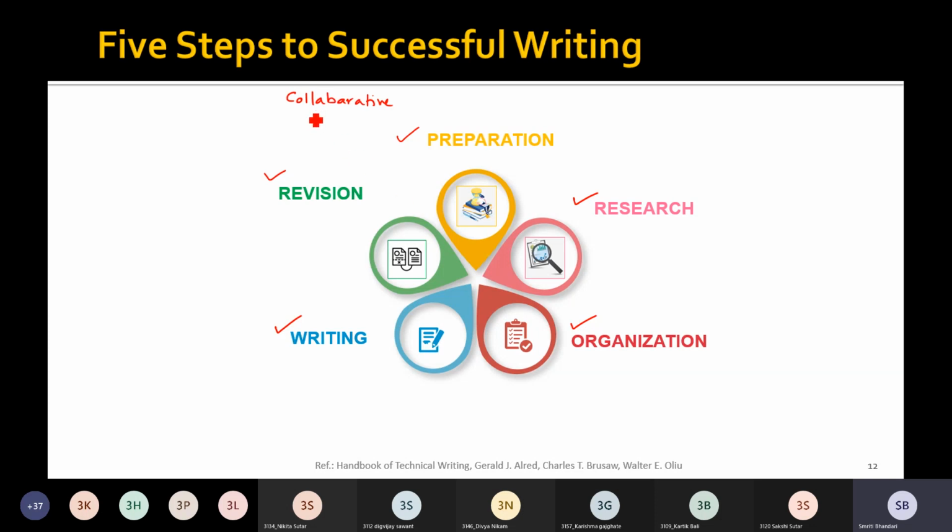So whenever you are working in teams, you need to divide the writing process also into these steps, and you may assign certain tasks to certain team members. So divide the work among the team members, and then the leader may keep track of the project, and this is because it saves time.